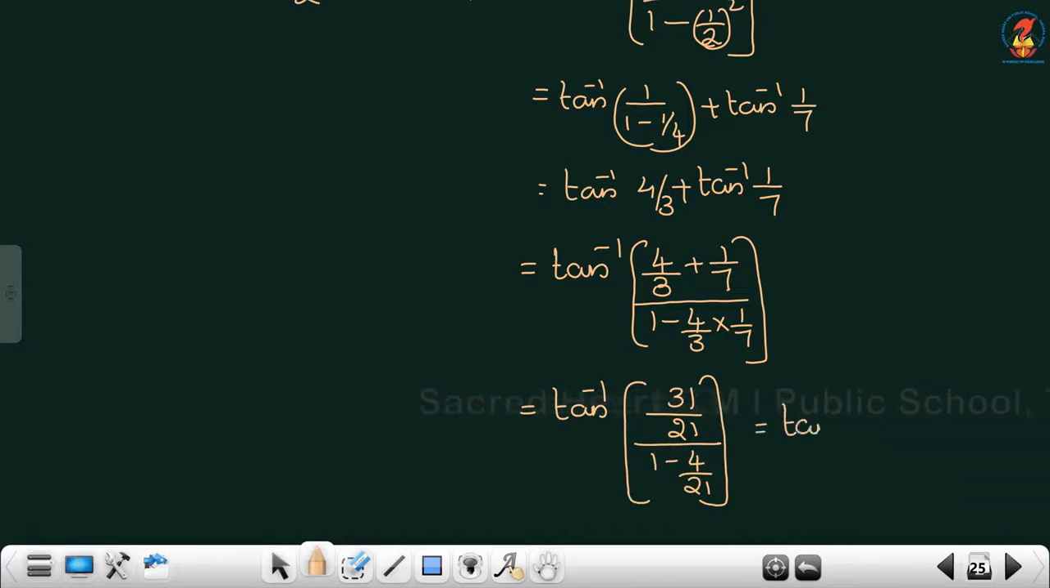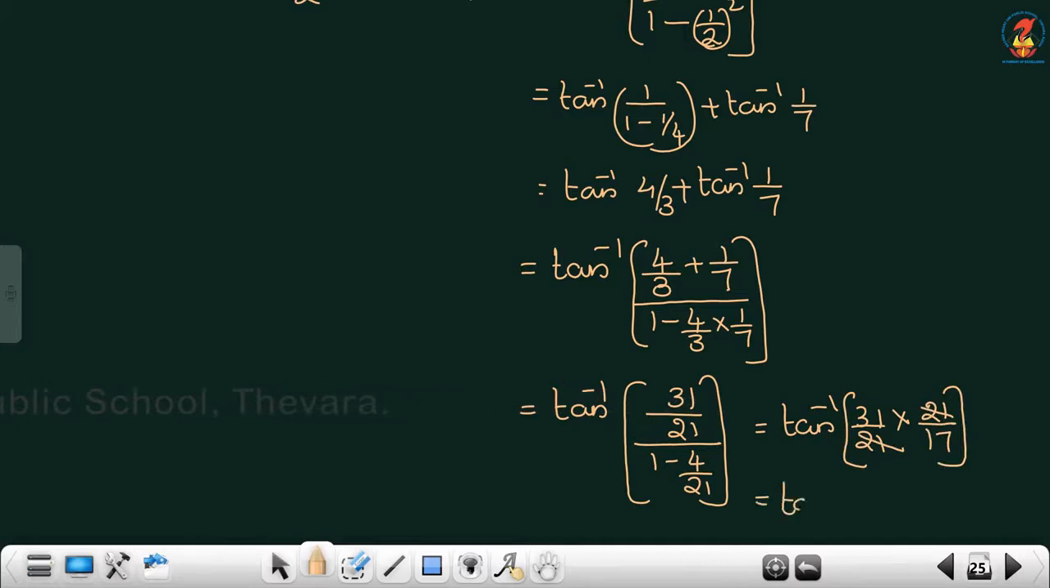So tan inverse 31 by 21 into 21 minus 4, that is 17, 17 by 21, or we can write 21 by 17. 21 cancel. So tan inverse 31 by 17. That is equal to